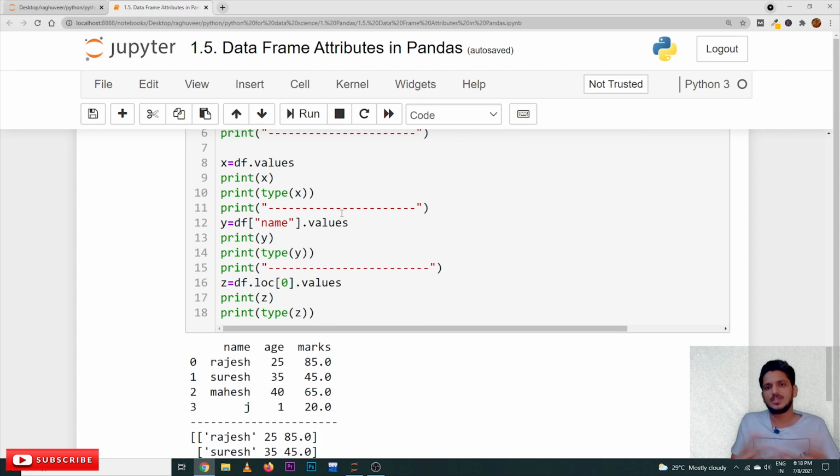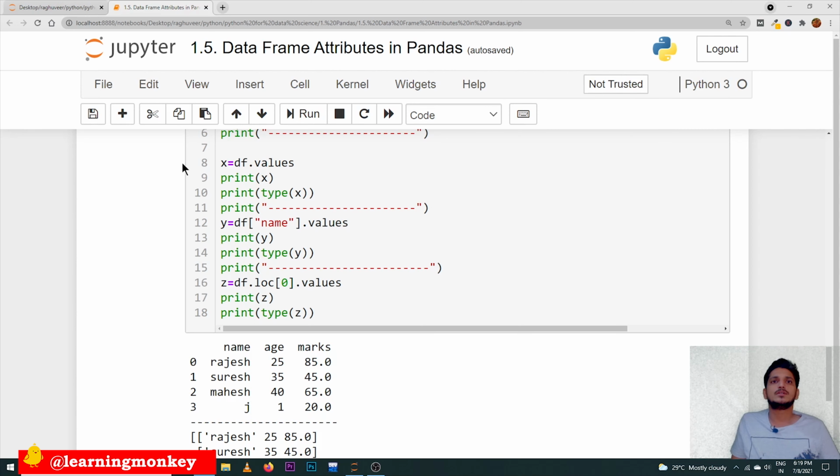You may get a few questions about why we have to convert this into numpy arrays. So let's think about it. We will use this data in different functions, already existing functions, to which we give this data as input. Some of the functions will accept only arrays. Some of the functions will accept a data frame. That's why, for that flexibility, they have provided this attribute called values. What's the use of these values? It will take the values and convert them into the numpy array data type.